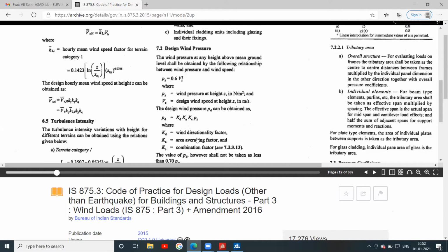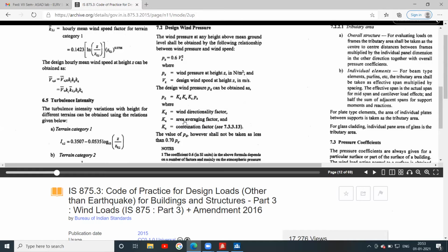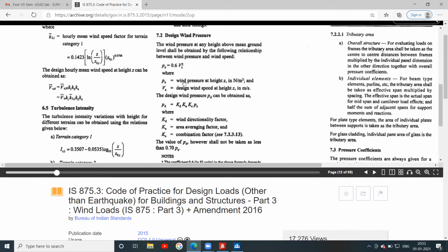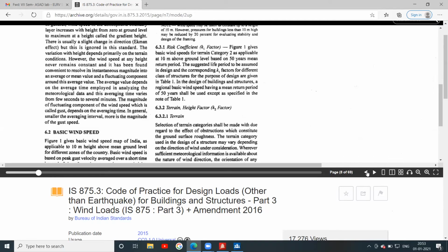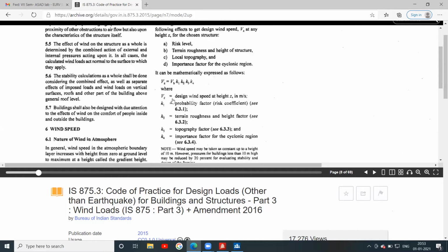For Vz, Vz is equal to Vb into K1, K2, K3, K4. K1 is 1, K2 is 0.91, K3 is 1, K4 is 1. So 44 into 0.91 is Vz.